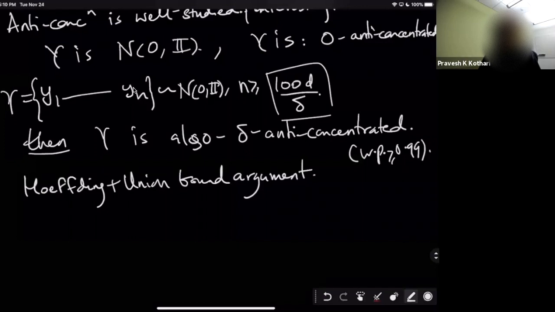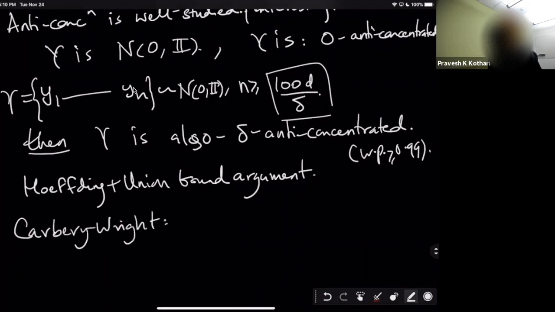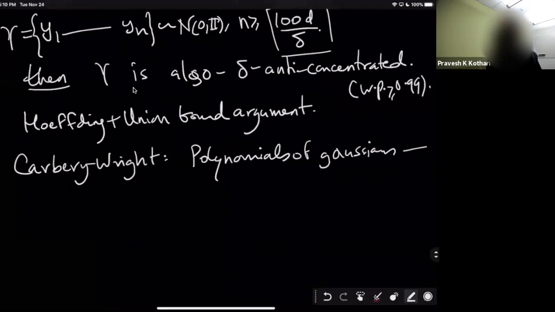Now there are actually many distributions which are anti-concentrated, and this is a well-studied property. We know, for example, that a certain amount of anti-concentration holds for polynomials of Gaussians, and there's a famous inequality called the Carbery-Wright inequality. It shows that polynomials of Gaussians are also anti-concentrated. And there are non-trivial theorems in convex geometry that show that log-concave distributions in general, a large class of distributions, also have a certain amount of dimension-independent anti-concentration.